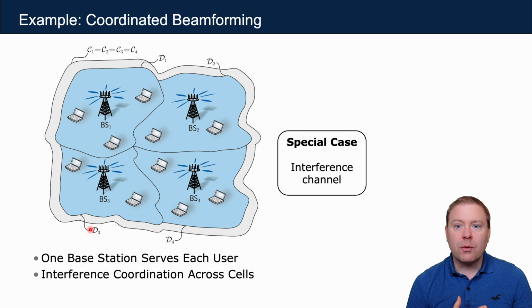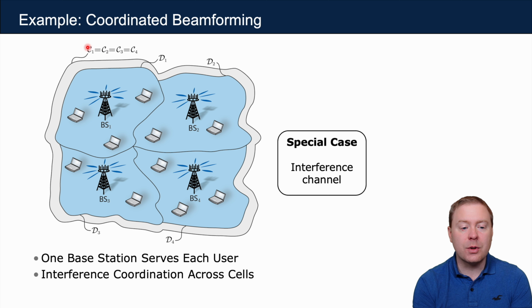There is also the concept of coordinated beamforming, where each base station has its own unique set of users. So we see the inner circle is non-overlapping between the different base stations, but all the users are in the outer circles of all the base stations, so we have interference coordination across all the cells. A special case of this is known as the interference channel in information theory, where every base station is only